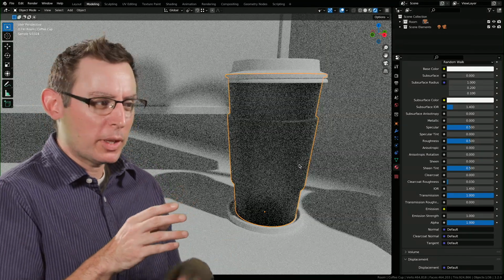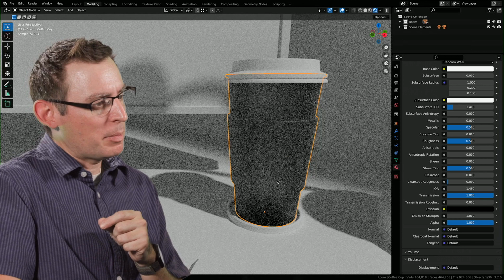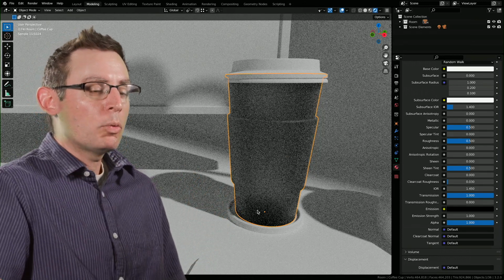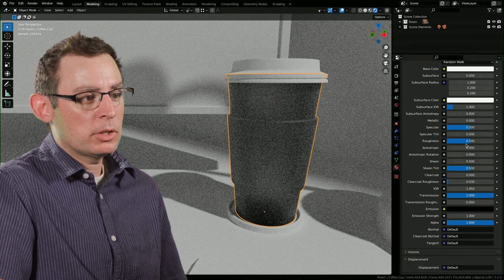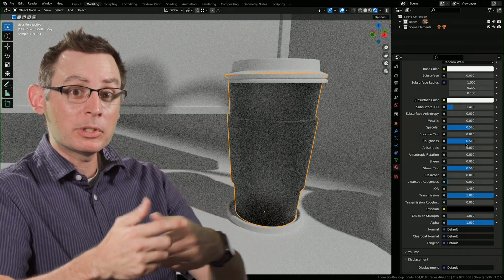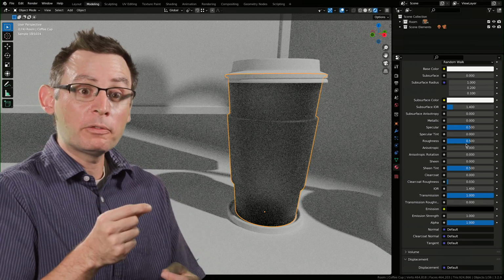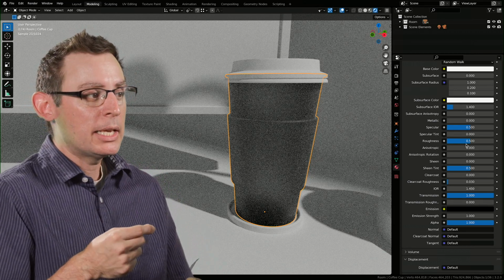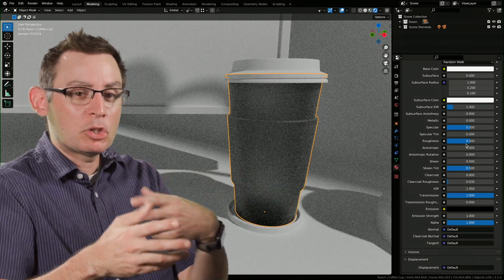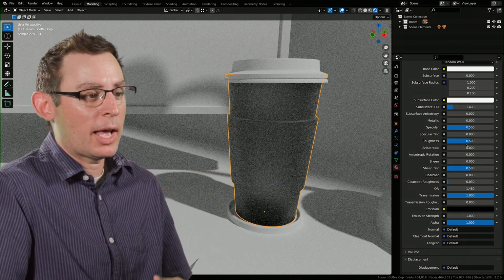If you look more carefully, it's kind of transparent here in the middle, but it's definitely black way down at the bottom. Well, that has everything to do with the roughness values. The roughness value is going to spread the light out across the surface. And the default value of 0.5 or 50% is spreading that reflection out across the surface. It's almost kind of giving us this frosted glass look.